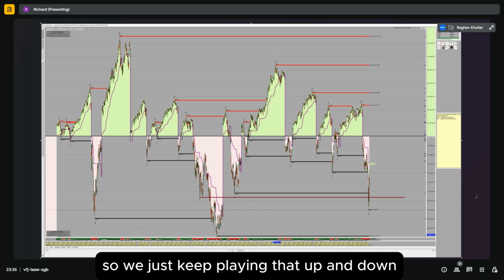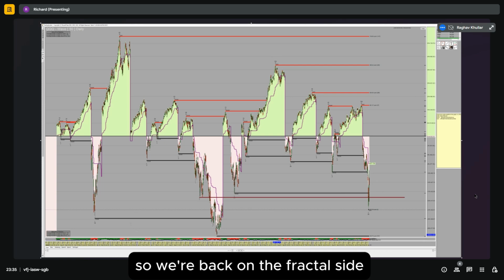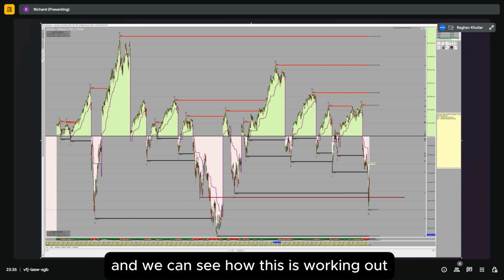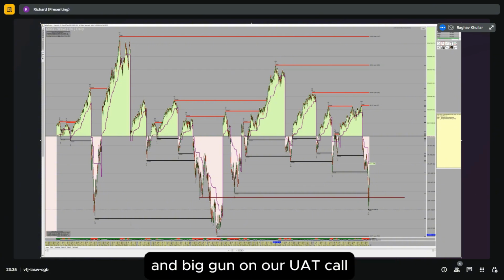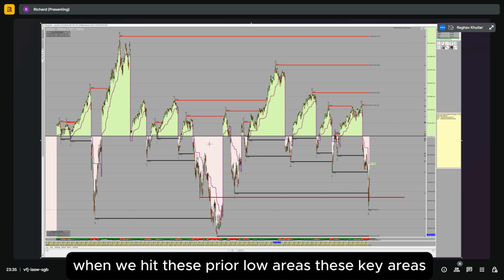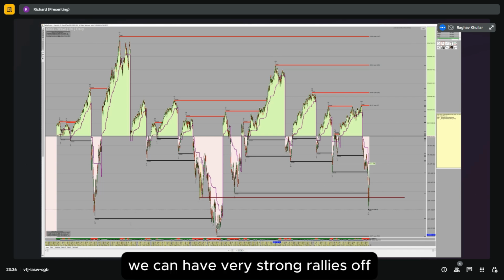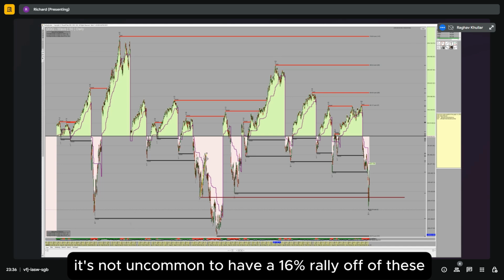So we just keep playing that up and down. So we're back on the fractal side, and we can see how this is working out. And Big Gun on our UAT call mentioned, hey, these are vicious, right? When we hit these prior low areas, these key areas, we can have very strong rallies off. Like he was mentioning, it's not uncommon to have a 16% rally off of these,